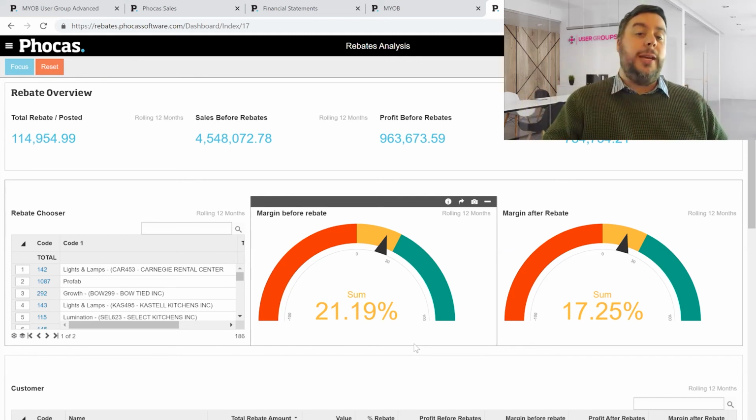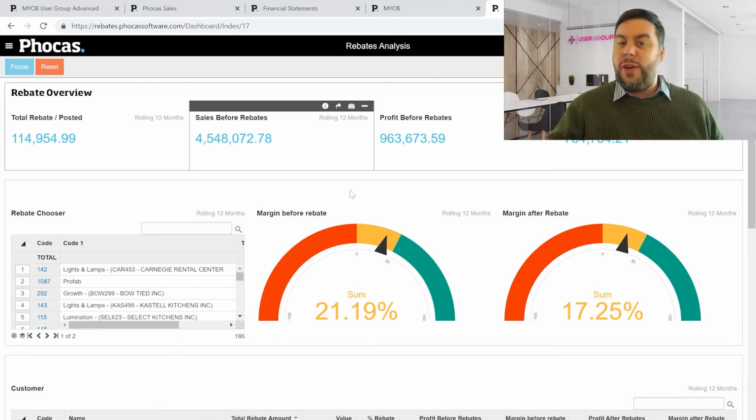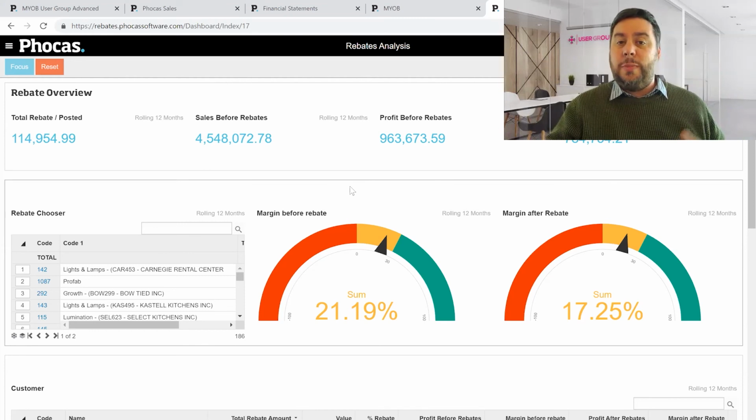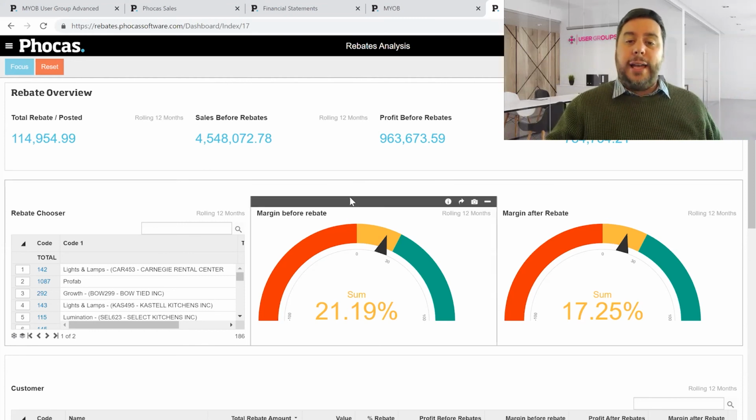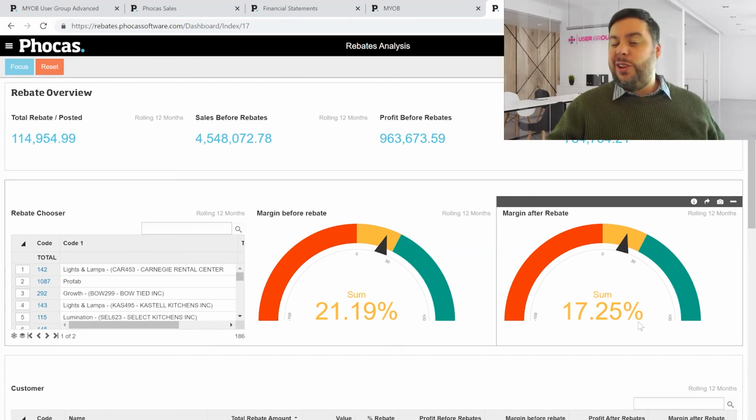This is really more just looking at the output of that for the purpose of understanding as a finance team what's actually all the rebates that the sales team come up with and they give to customers. How does that actually affect our bottom line? And that's something you can see here. So we can see a bit of an overview, how much we might have to pay for a given period, maybe this month or a quarter, year to date. We can also see before we paid rebates, sorry, what was our margin? And also what's after we pay the rebates, where do we actually land?